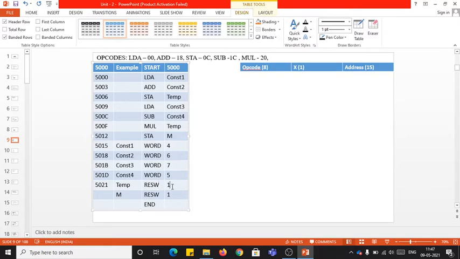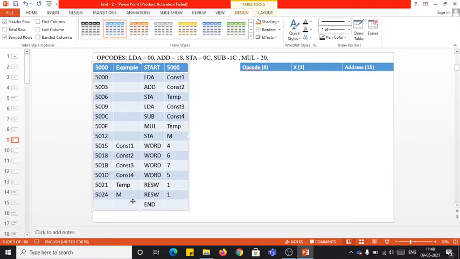If it is 10 words, if it is 100 words. Here it is one word, which is nothing else than 3 bytes. So if instead of this 1 it is 10, then 10 words means 30 bytes. If it is 100, it means 300 bytes. In that way you need to allocate. As of now it is only 1, so you'll be allocating only one word, so you'll get the next address as 5021 plus 3, which is 5024.